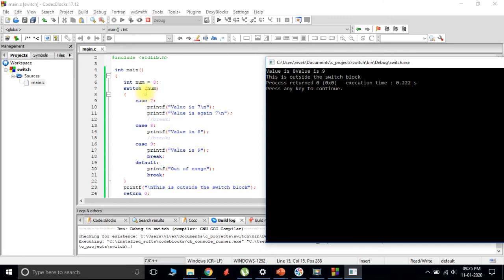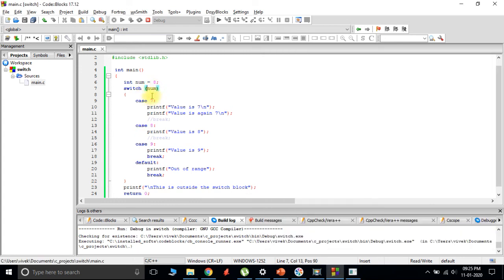So how switch works is, we give it a value, based on that value it jumps to that particular case and starts executing from that point. It's like we are telling it whatever is the value, jump to that particular location in the code and keep on executing from there on. But we don't want it to enter this case in case of 8. So we give a break statement here, and similarly for each of the cases.